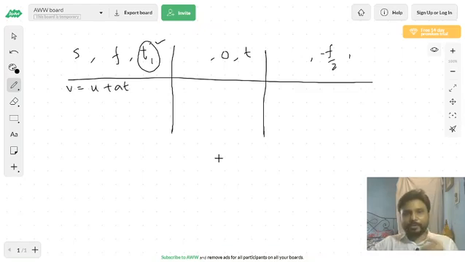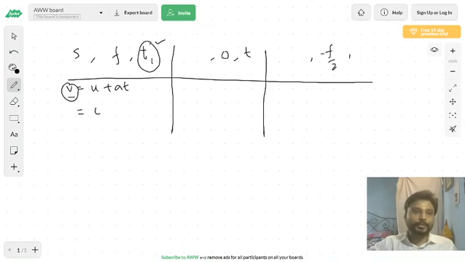So we wrote this equation, and observe what we did with the whole question. We divided the whole question into three parts: the accelerating part, the constant speed part, and the deaccelerating part. Each part becomes a segment in itself, and we can apply an equation in that part. The equation of one part and its variables don't intermingle with the equation or segment of the other part. So now we apply v equal to u plus at for this segment. The final velocity is required for this particular segment, when the particle reaches its constant speed.